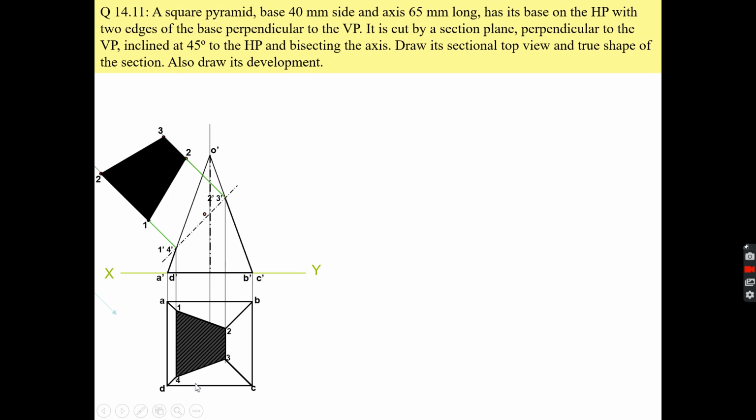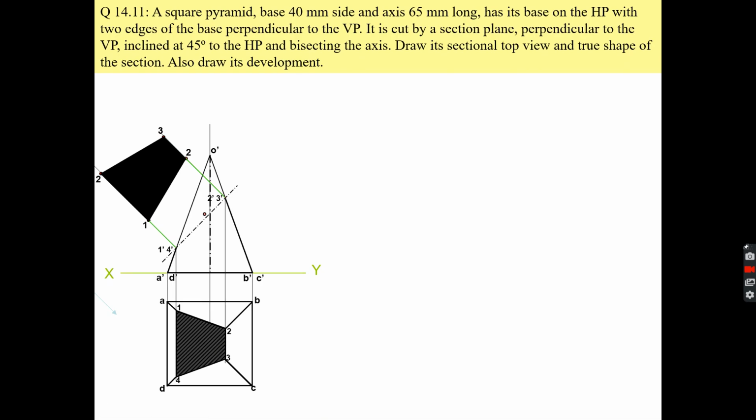and thereafter there will be a complete development of the square pyramid. So first I have to draw the true length of the true slant edge of the square pyramid. Here you can see the slant edges OA, OB, OC, and OD. All these slant edges are not showing you the true slant edge, because in the top view, the lines OA, OB, OC, and OD are all inclined to the XY line. So when a line is inclined to any plane, if you see the projection of that line on that plane, it will not show you the true shape of that line.